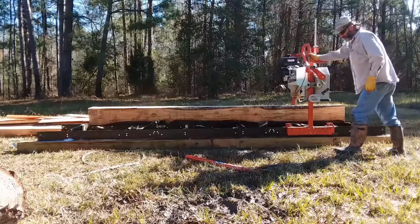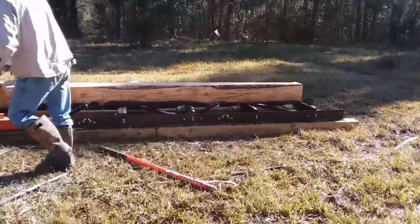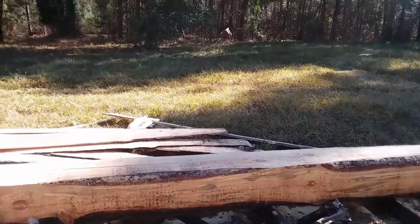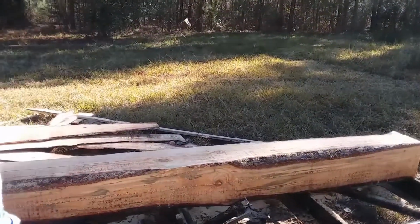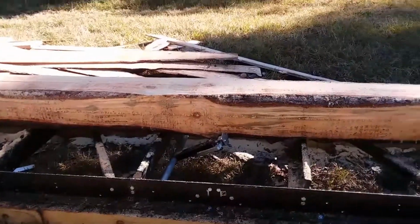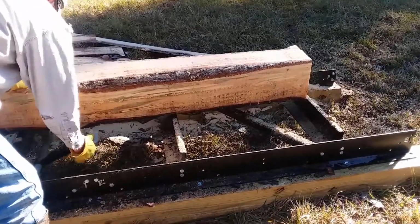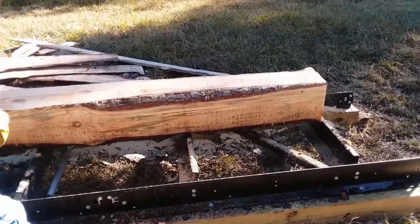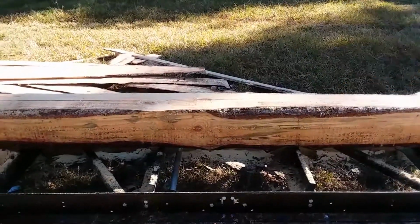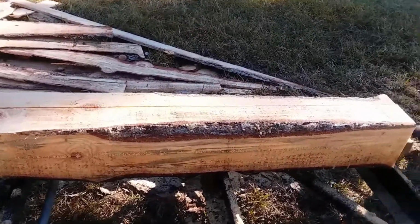Alright folks, let's take a look at what we got going on. You can see how that blade wanted to bind up a couple times, and I'm going to say that probably the blade needs to be changed out because it's probably just not that good quality of an initial delivered blade on a sawmill. Now what we have here, it might not be a proper term, but I'm going to call it rough dimensional lumber. Same thing you could probably get for working anywhere. Well, if you come over here to the end,